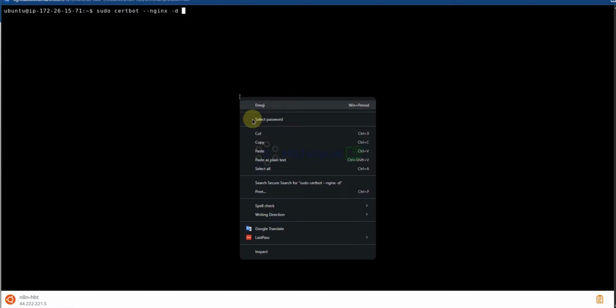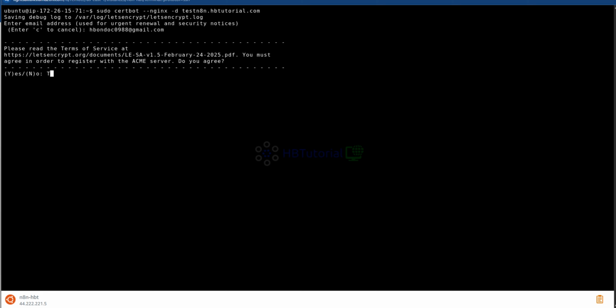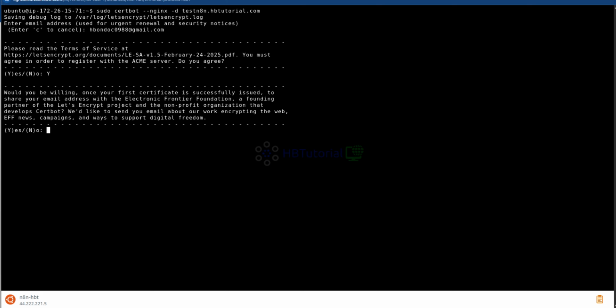Okay, paste. Okay, generation of SSL, so type your email. Yes, no, let's check. Hope it generates.